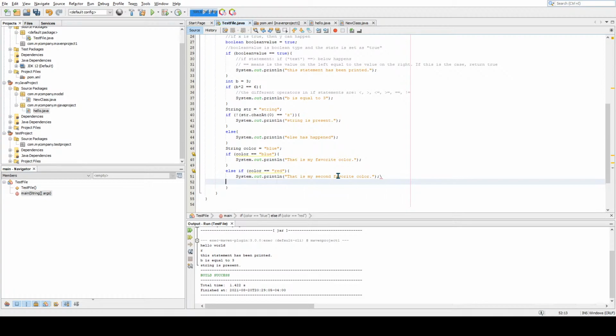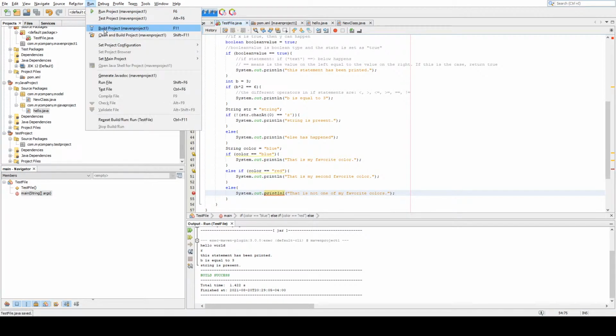right? And you know, you don't just want to include your blue and red. You want to include all the other colors as well. And you say, all right, well, if it's neither of those two colors, then I can go ahead and print out that is not one of my favorite colors, right? And if we are to go ahead and run this program,